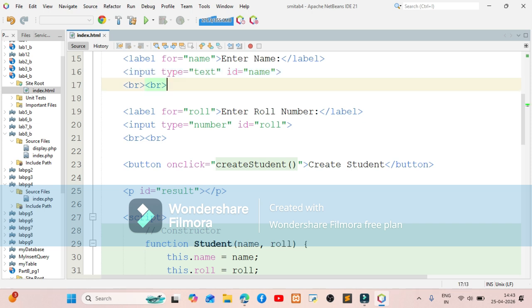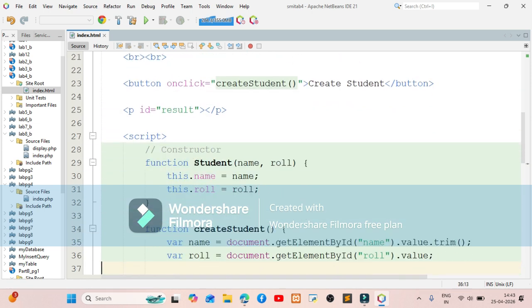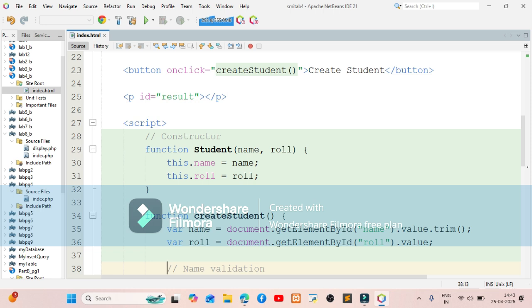So when the user enters his name, we are capturing that name as the form value. And how are we doing that? We are using the DOM method called getElementById name, and since we want to capture the value inside that element, we use the property .value. Now if you see, after this value, again I have used .trim. This trim will remove all the extra spaces inside our box.